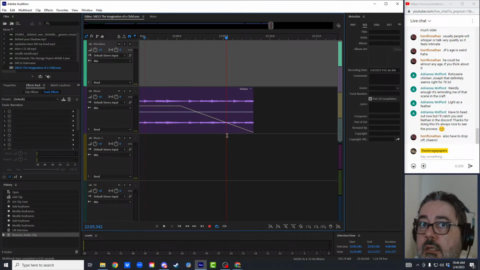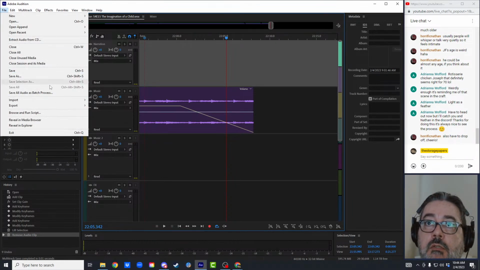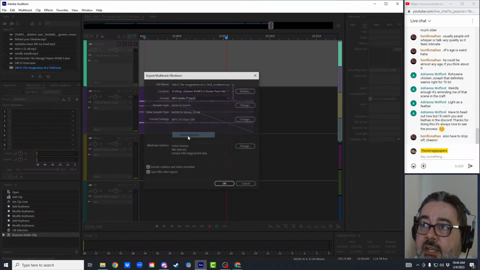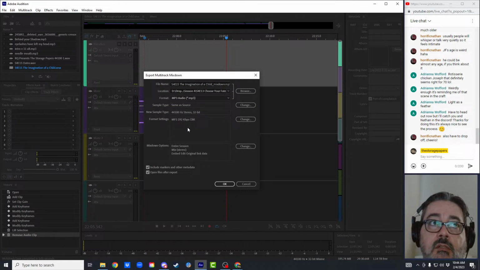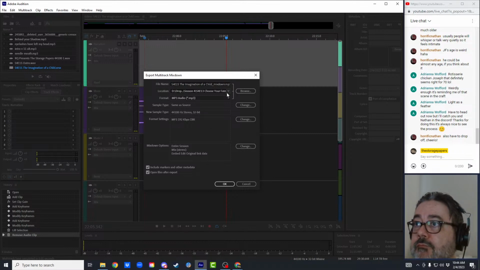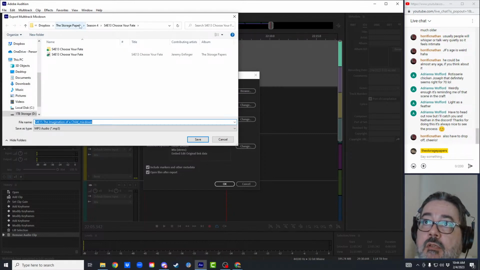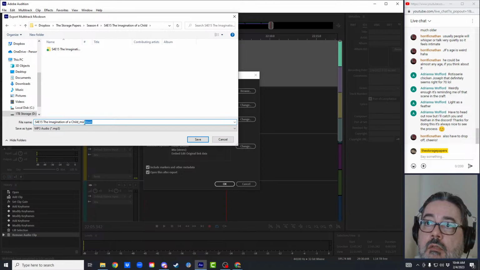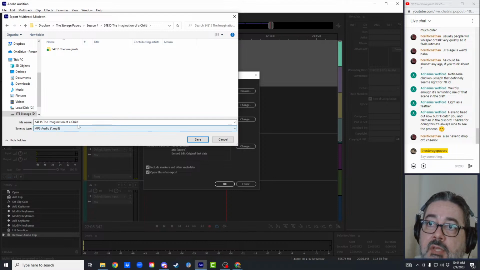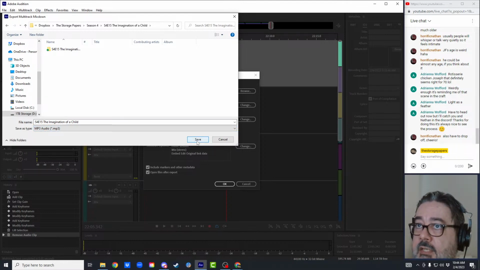Yes. And then what I will do is export. I have to export. If I save it as a WAV file or export it as a WAV file, it's going to be pretty high up on the file size. I always keep it MP3. I keep the sample type same so I don't get any weird effects there. Make sure I'm in the correct folder. I'm going to name this the same thing because once I export it, it'll have the .mp3 as an extension, so I'll know which file it is.